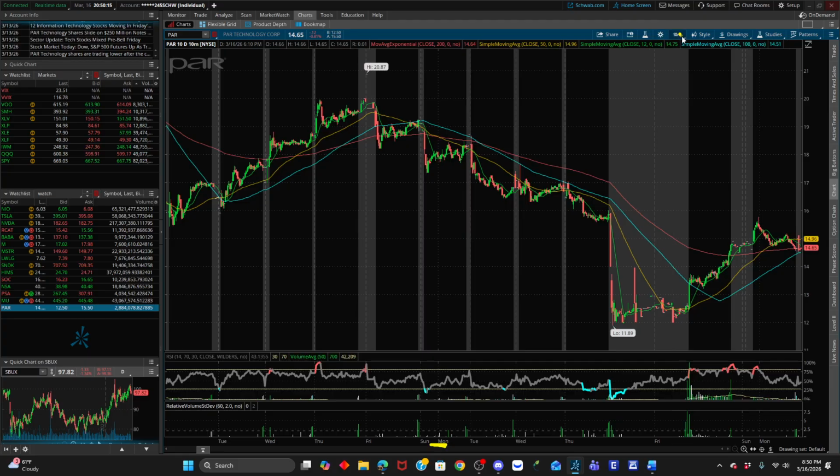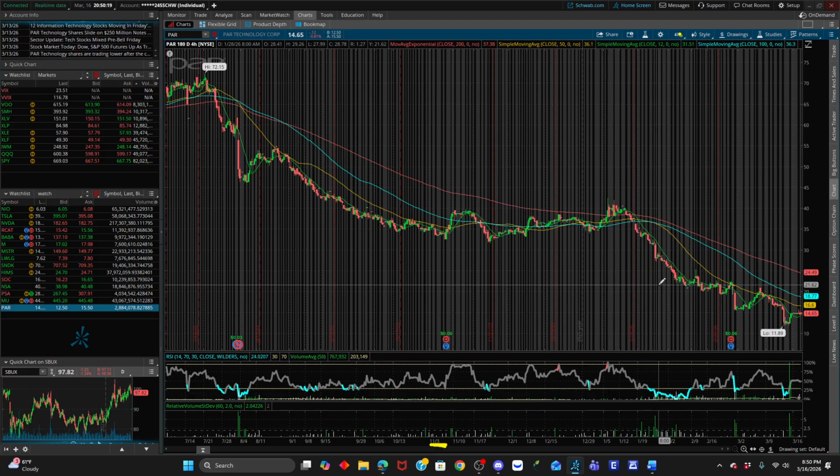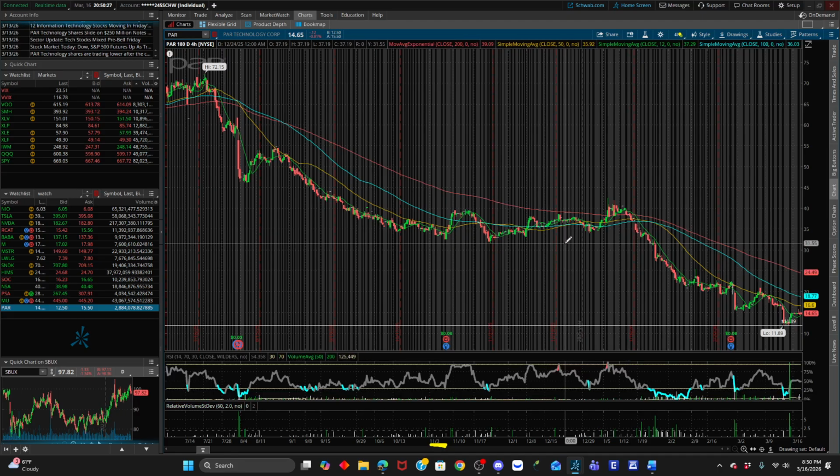Alright. Let's zoom out to our 4 hour. These are the plays I like. I like bottom fishing plays. We got a low down here at 1189. Next level 32. That's far away, but I just want to map that out because look at all that nice consolidation, and we broke under that. So that is a key area.